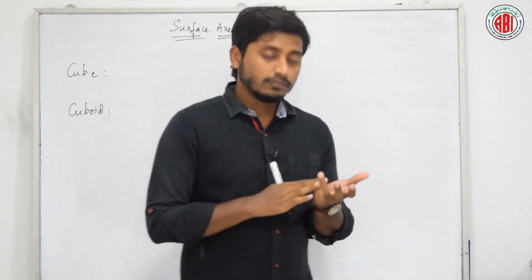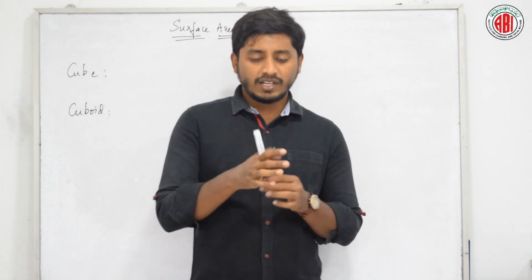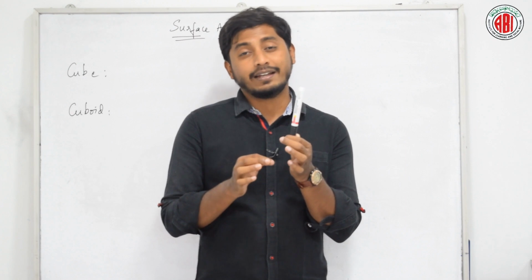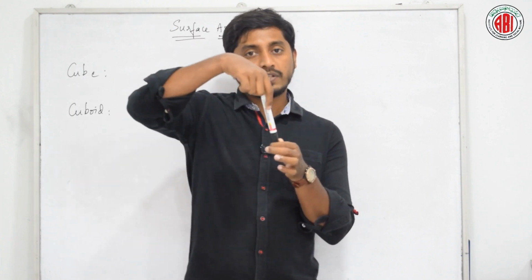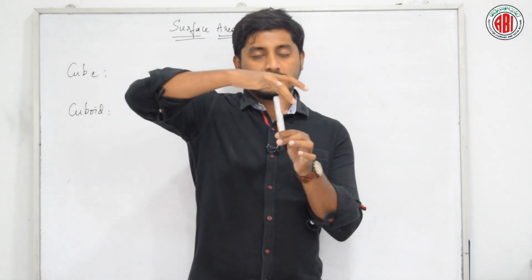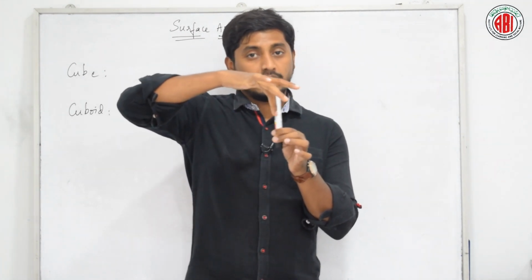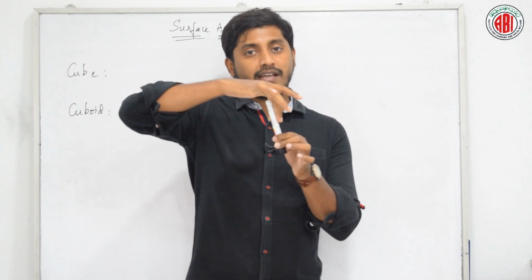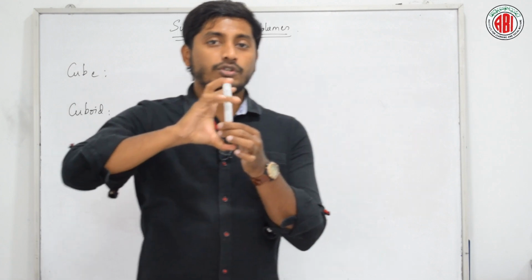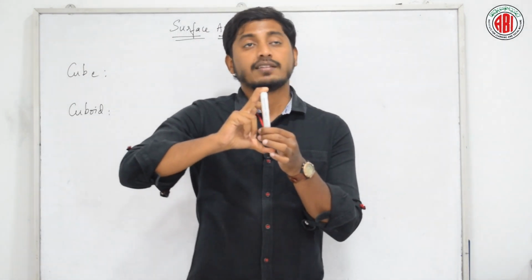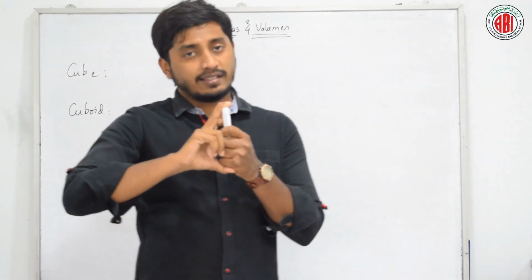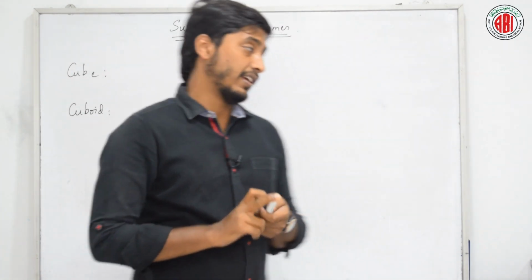What is lateral surface area? For example, if this is some solid, this is actually called a cylinder which has a curved surface area and two, top and bottom. Whatever this curved surface is here, which is outside, that is lateral surface area, and it is also called CSA, curved surface area. If I include the top and bottom areas, then it is called total surface area. Is it fine? Shall we start? See here.